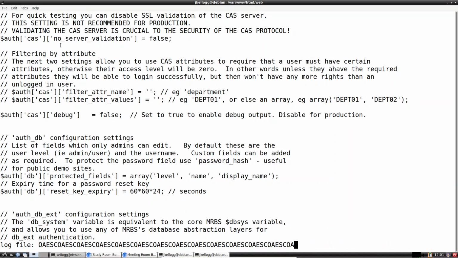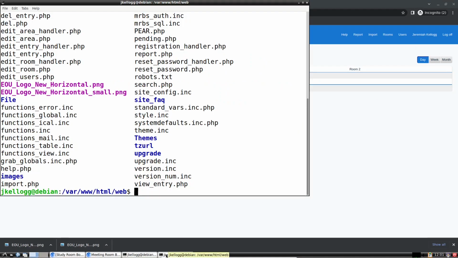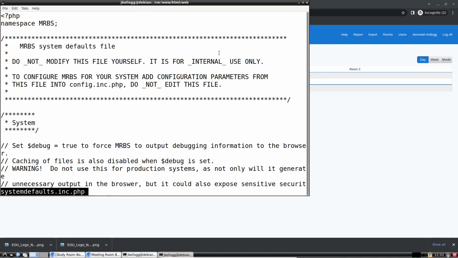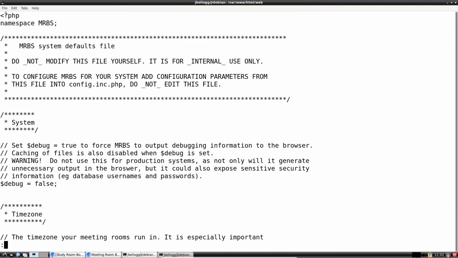Let's see what's going on with all that. Okay. Oops. Let's delete all that. I don't know what this log file thing is. Wow, that's really long. I think I'm going to quit out of that. Nope. I'm going to close that out. I'm just going to use this one here. Less system defaults. Okay. So we'll be at the top of the file, and I can just do a /